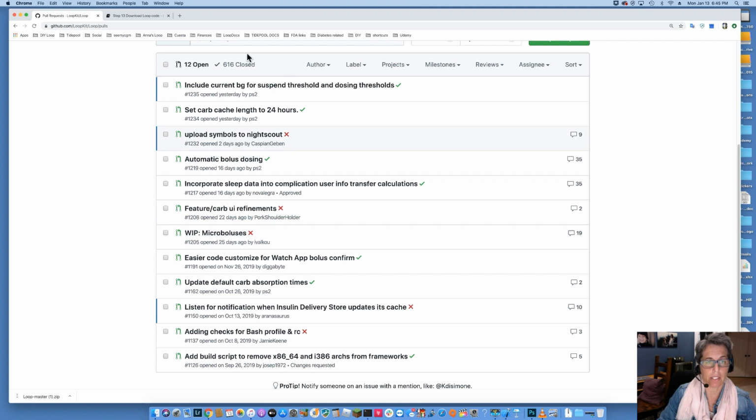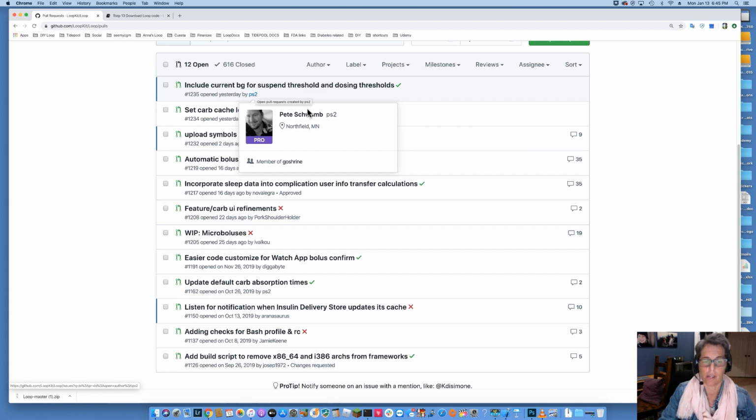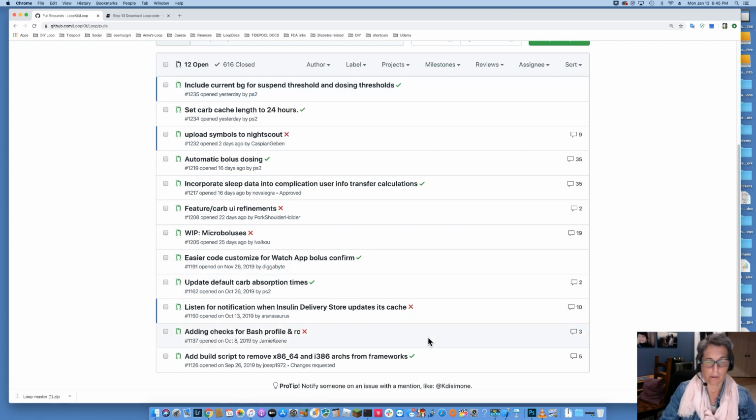So for example, this is a really good place to see what's coming up and proposed. So anytime we have a frequently asked question about how do I know what's being worked on, what's coming up in the future, go to the pull requests, take a look at it. This is a good place to look. You'll also be able to tell who's submitting them, if it's a person you don't know or if it's someone you recognize like Pete. So you can sort of go around, take a look at what's on the docket,